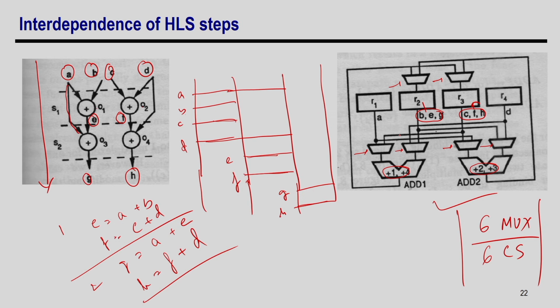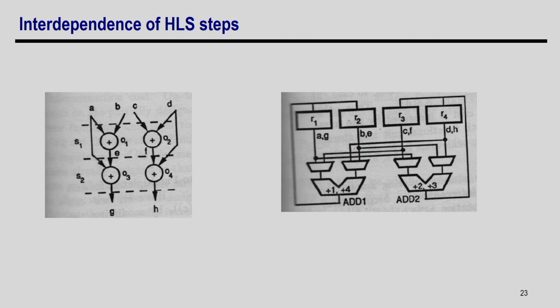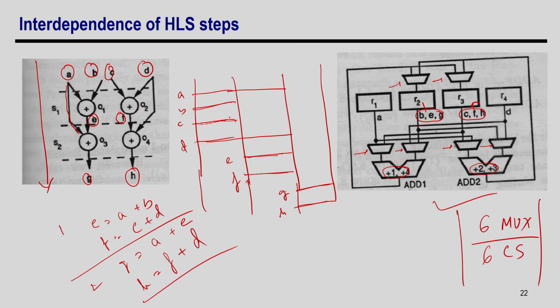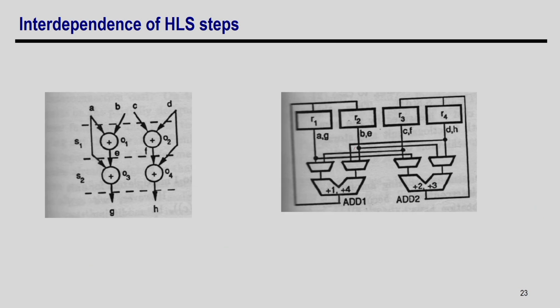So, you can actually do this A with G, which is possible, then you do this B and E. So, B and E and then C and F, this is C, this is F, which is non overlapping, and then D and H, right. So, this is your D, this is your H. Okay. So, if you make these connections, this is a valid connection, and you can see here that the mapping of operation is still 1 4 and 2 3.